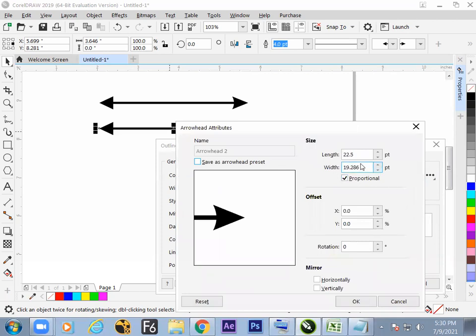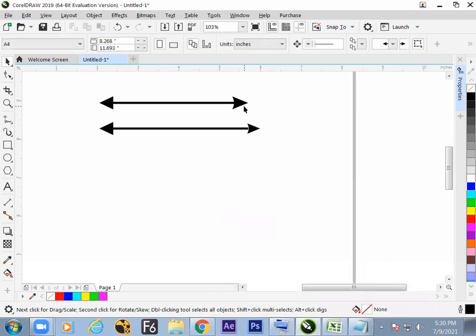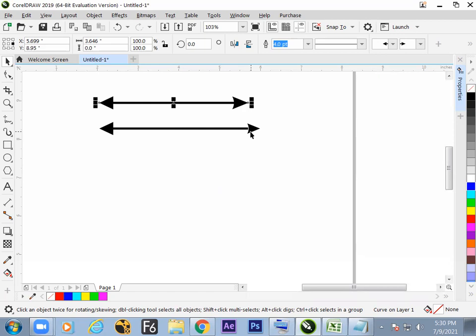And we can customize the length, width proportionately or disproportionately, and offset, like we want to move it from the baseline, how much, that also can be done. So offset is the next property. From the edge, how much you want to move further, that is offsetting.